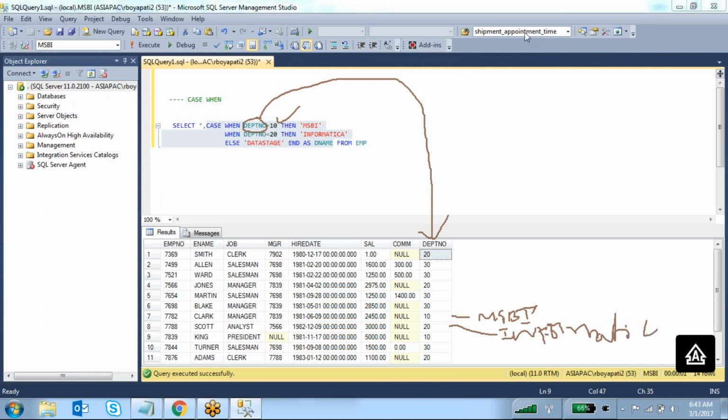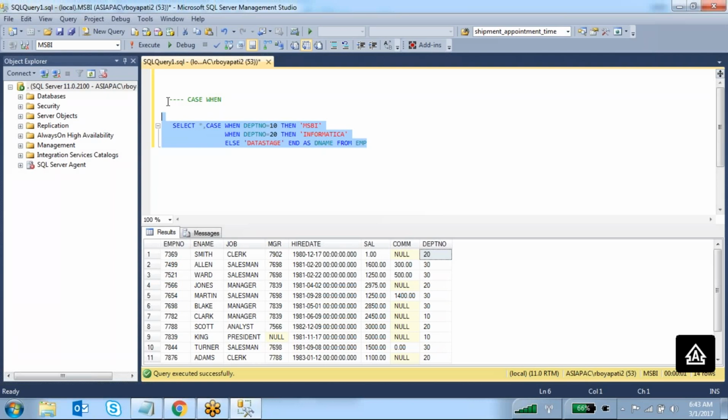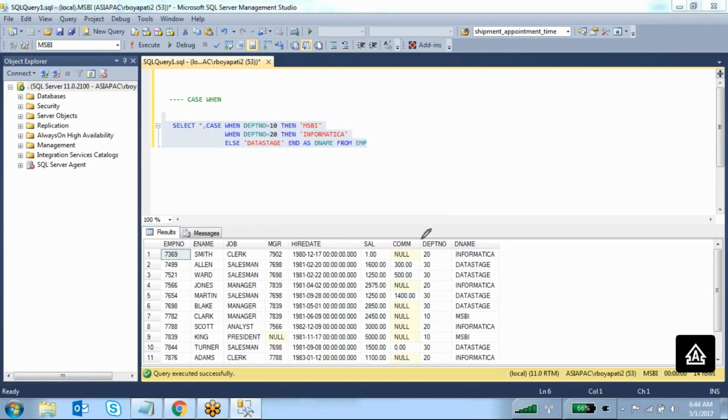Okay, right, so I'm going to execute this command. So what value will it display? See, as per your condition, if it is department number 20, it is displaying Informatica. If it is 30, data stage. If it is 10, MSBA it is printing. Okay, so this is the case when condition.